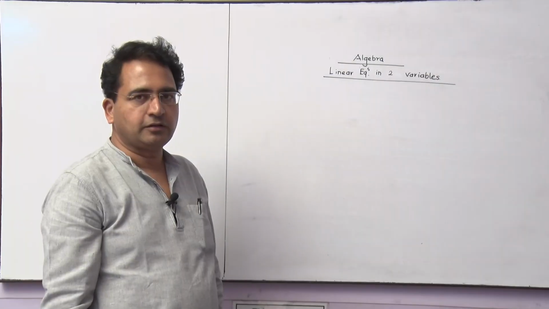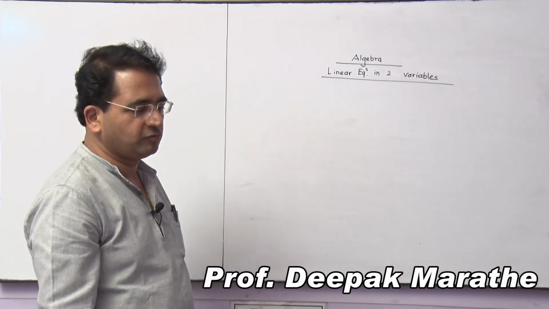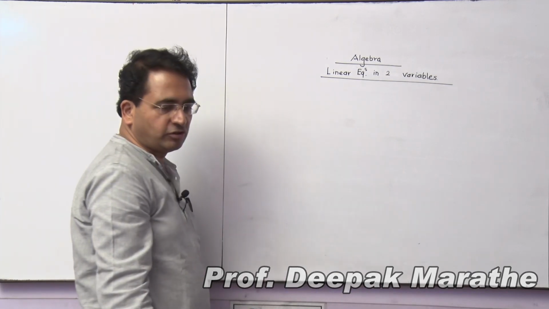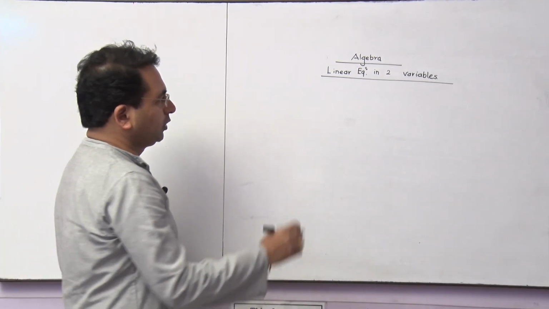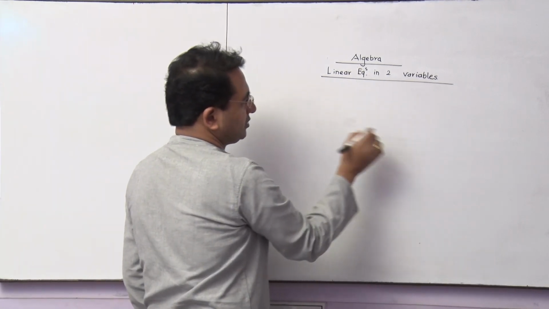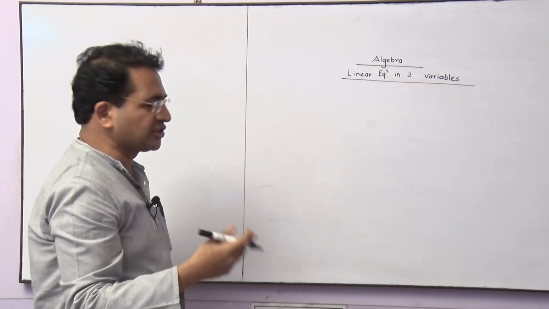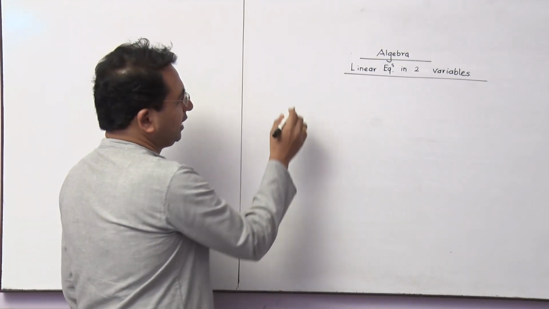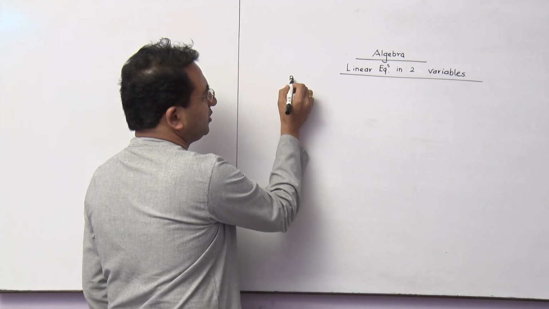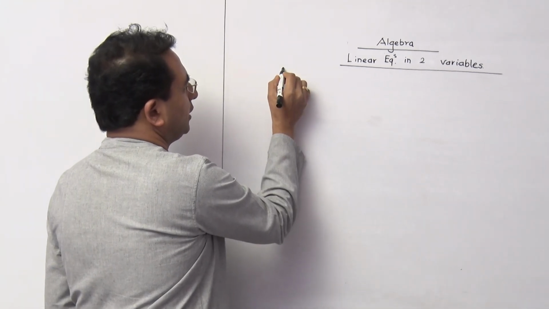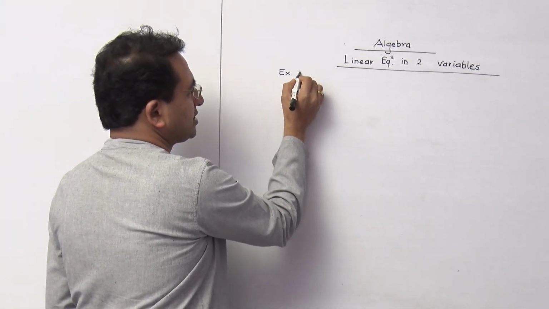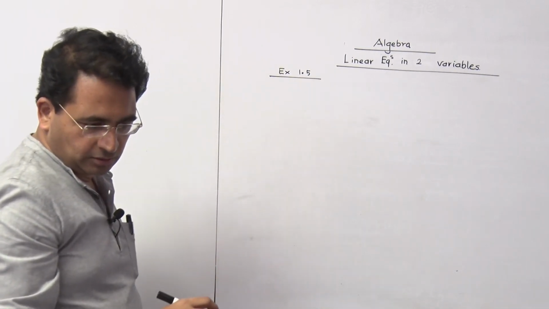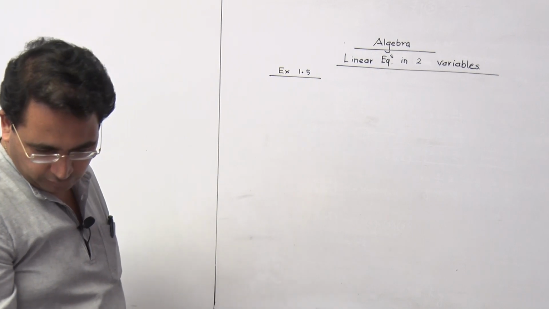Okay, we'll start with the word problems. That is the last session we are taking for this chapter, linear equations in two variables. Now I'm not writing any particular sum here. I will just ask you to keep your textbook with you, and I'm taking the questions on this one. In your textual exercise, exercise 1.5, sum number 4 we are taking now.